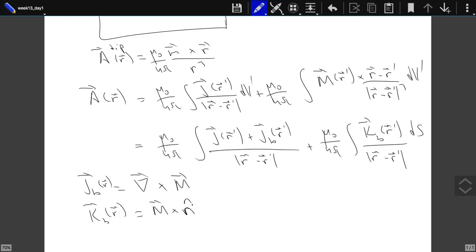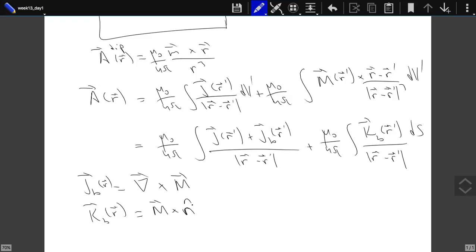Now there were all these technical derivations, but if you are lost in them, just remember this equation. What this equation tells me is that, given any magnetized system, you have your material, you put it in a magnetic field, it will be magnetized. Once it is magnetized, you can describe the magnetization just as if there were some additional currents in my system. Some volume currents, which are given by the curl of the magnetization, and some surface current, which is given by